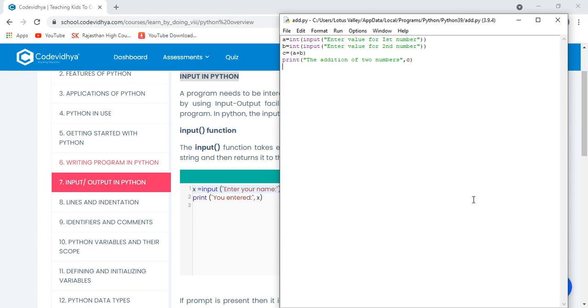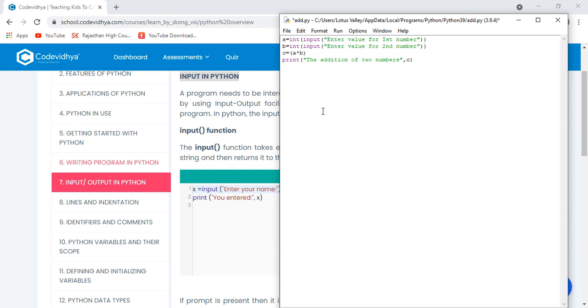Okay. You can use the same program. First, taking one variable, writing int for typecasting, then the input function for taking input from the user. In the same way, taking another variable b and taking input from the user. And here you have to change, in place of addition, what do you have to write? Multiplication. This is the only thing you have to change, otherwise everything will remain the same for any kind of arithmetic operation. In a similar way you can do addition, subtraction, division, multiplication.